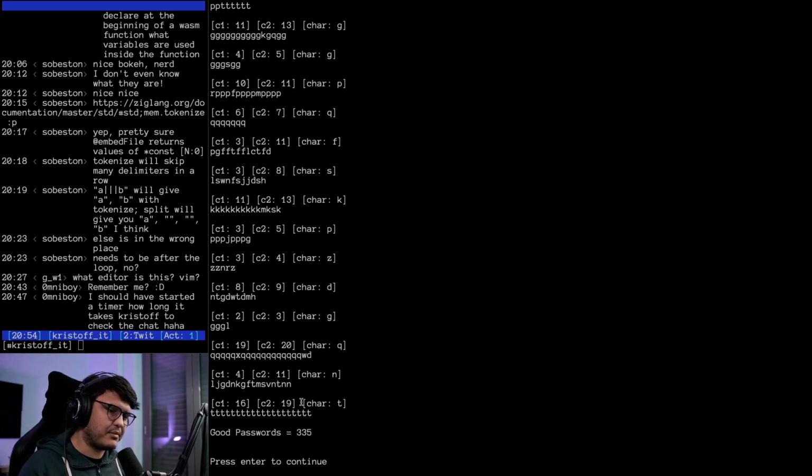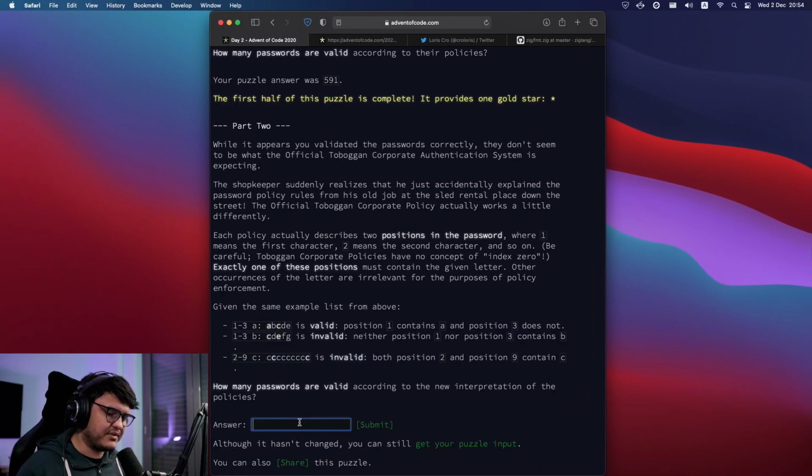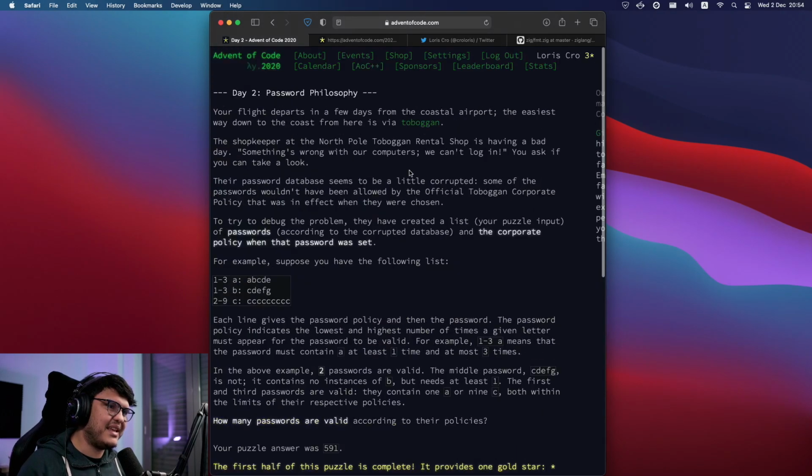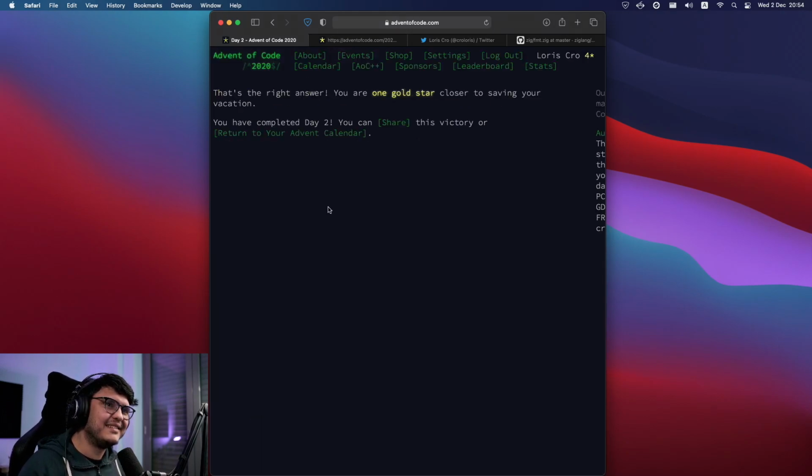Okay, there's a bunch of garbage being printed, but we have 335 good passwords. Oh, be careful, it starts at 1. Okay, so I need to add 1. No, the opposite. Yeah, right answer, gold star, yay.